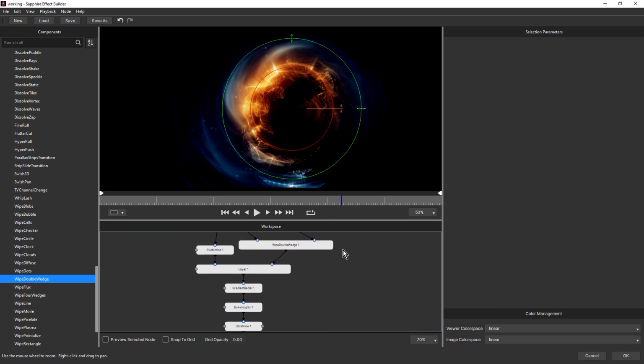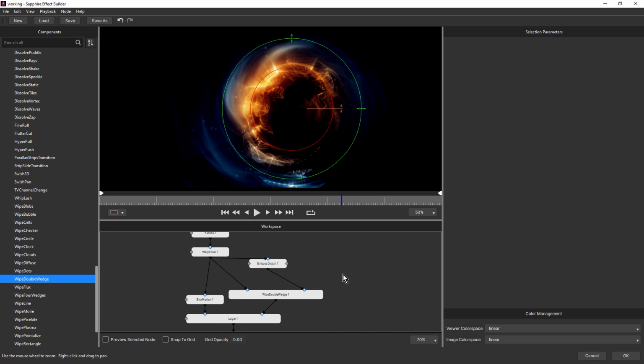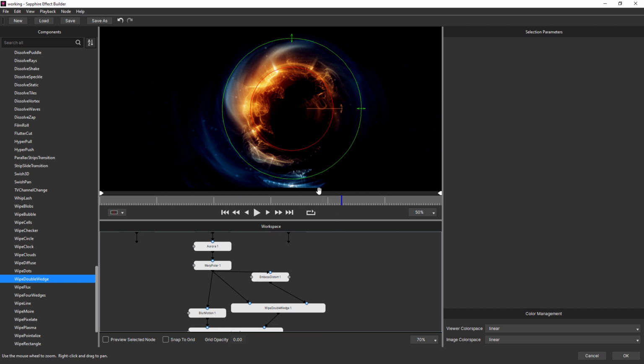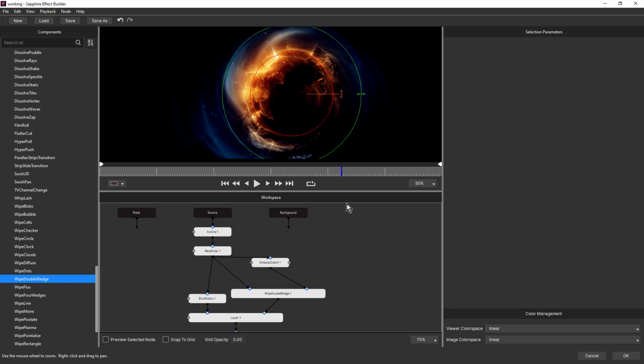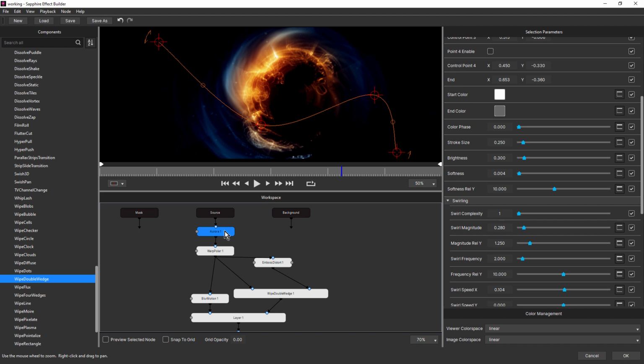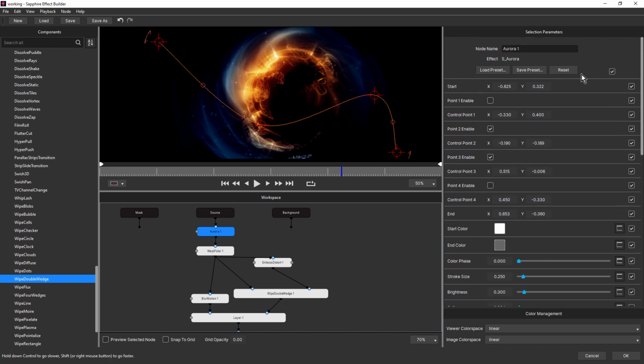And I think that's pretty good to give you an idea about how you can build up a look starting from scratch in SEffect. And there is a lot of experimentation involved, as you can see. Last thing I want to do is just set this up for use inside of After Effects or whatever host you're using. So we'll start with Aurora. We'll come up and we'll just deselect all of the parameters by clicking on this checkbox here, and just include a few that might be useful inside of the host.